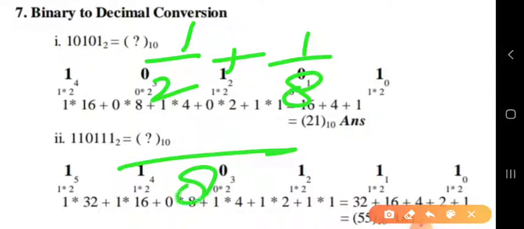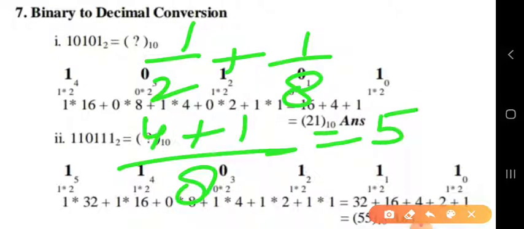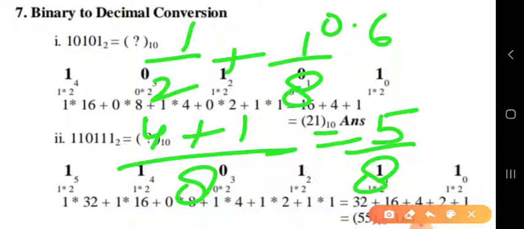8 will be my LCM. 2 4s are 8, 4 plus 1, that means 5 upon 8. Now if you divide it, you will get the result 0.625. This is your answer, because when you divide 50 by 8, it will go 6 times. 8 6s are 48, then 2 will be the remainder. Then 8 2s are 16, then 4 will be the remainder. Then 8 5s are 40. So this is your answer.